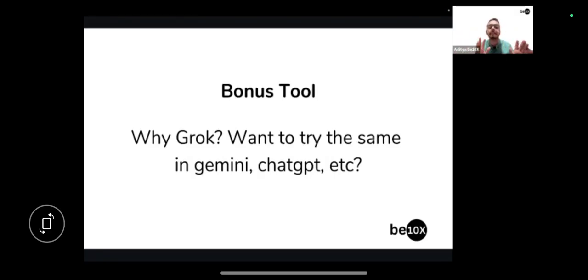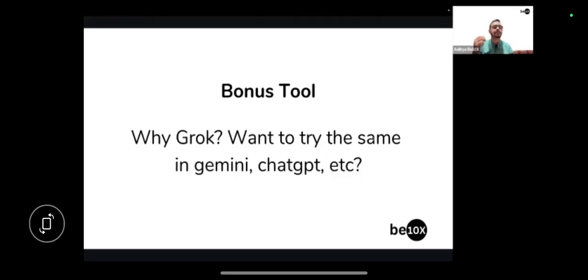It has real-time information of all the data which is there in Twitter or X, and that is why the amount of live information which Grok has is amazing, and that is why I prefer Grok for research.